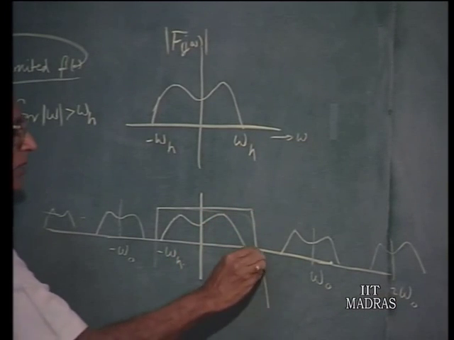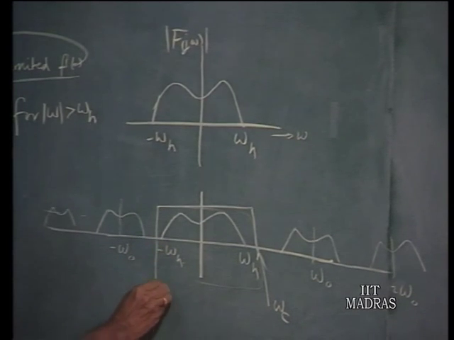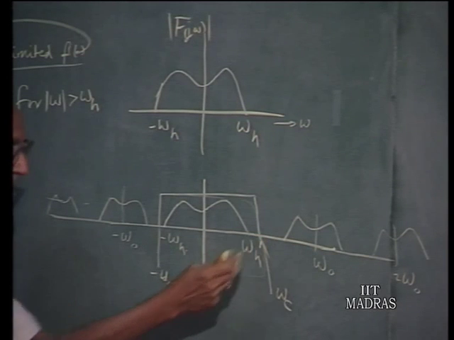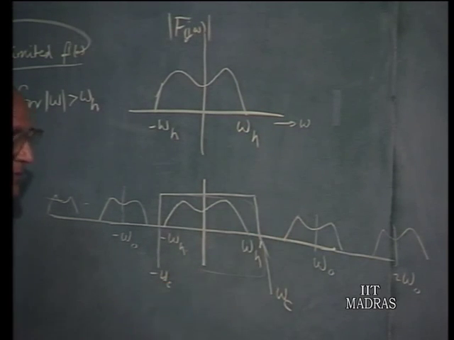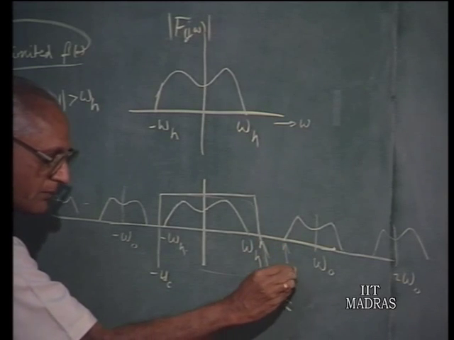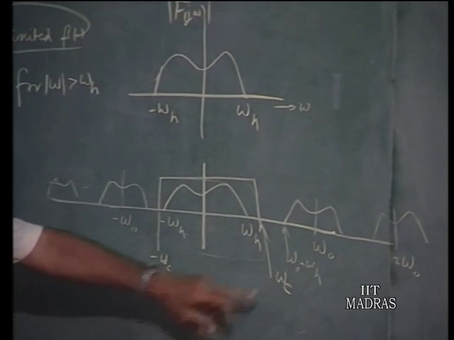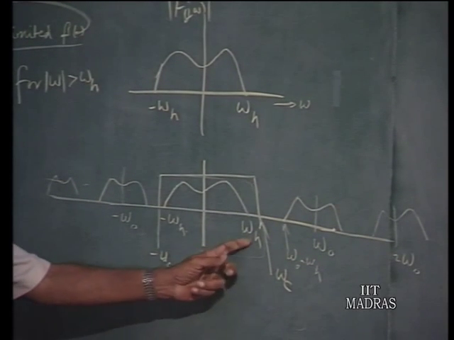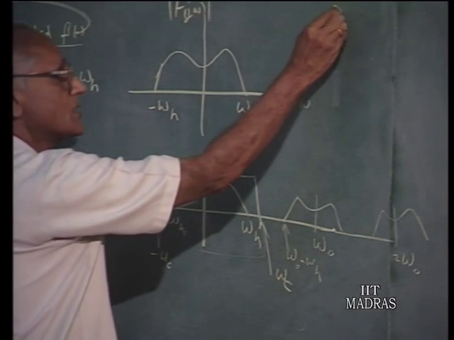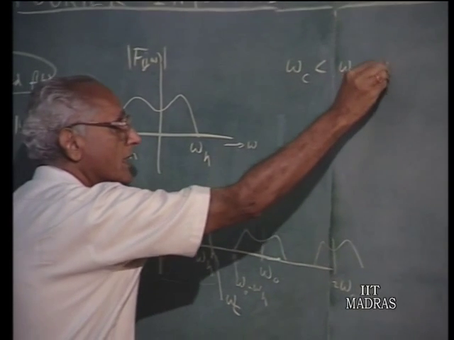So, if the cutoff of the low pass filter is omega c, then omega c must be larger than omega h, but at the same time you do not want to pick up any portion of this spectrum. So, if this is omega naught, then this must be omega naught minus omega h. So, you must be able to choose an omega c which lies in between omega h and omega naught minus omega h, which in other words means the cutoff frequency must be less than omega naught minus omega h